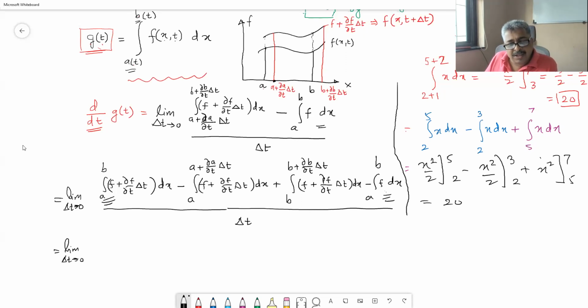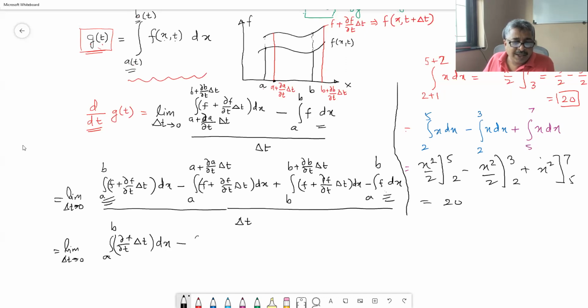Now this delta t is your change in time. Okay, so let me write down integral a to b del f by del t into delta t to be integrated with respect to dx, minus, first term will leave this,